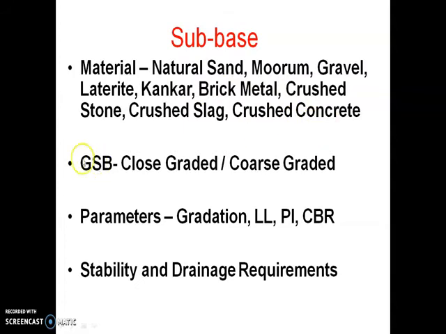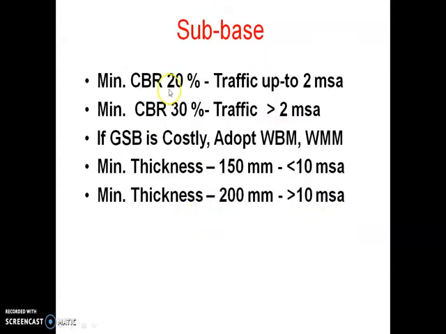Now we have to go for one simple problem. Design the pavement for construction of a new bypass with the following data: 2-lane single carriageway. Initial traffic in the year of completion of construction, sum of both directions, 400 commercial vehicles per day. Traffic growth rate per annum 7.5%. Design life 15 years. Vehicle damage factor 2.5 standard axles per commercial vehicle. Design CBR of subgrade soil, percentage.